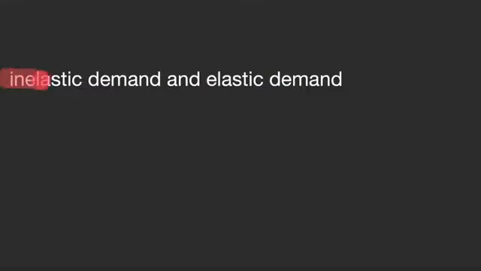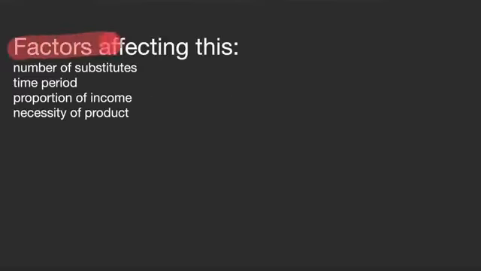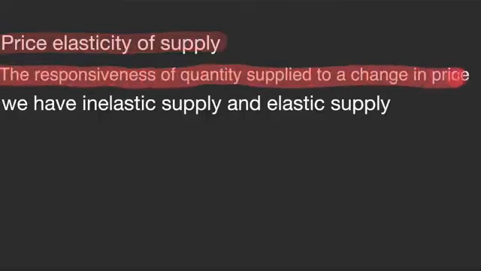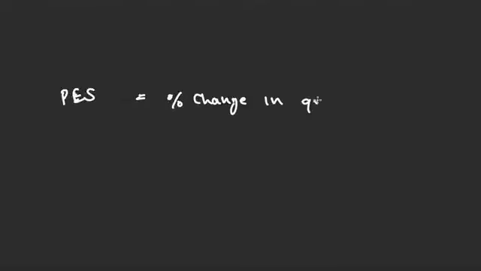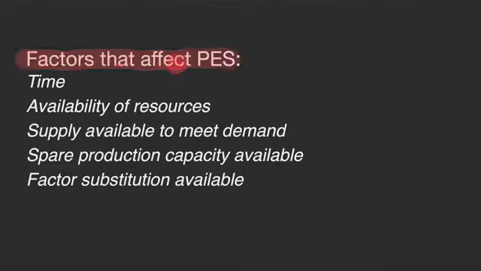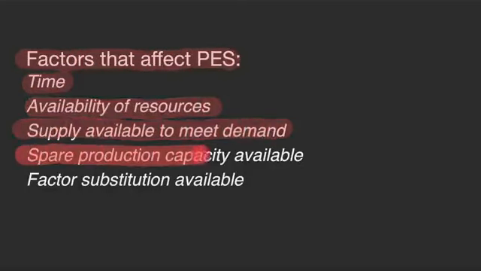We have inelastic demand and we have elastic demand. The factors that affect this are the number of substitutes, the time period, the proportion of income, and the necessity of the product. With price elasticity of supply, it's the responsiveness of quantity supplied to a change in price. We have inelastic supply and elastic supply. The formula for this is percentage change in quantity supplied over percentage change in price. Factors that affect PES are time, availability of resources, supply available to meet demand, spare production capacity available, and the